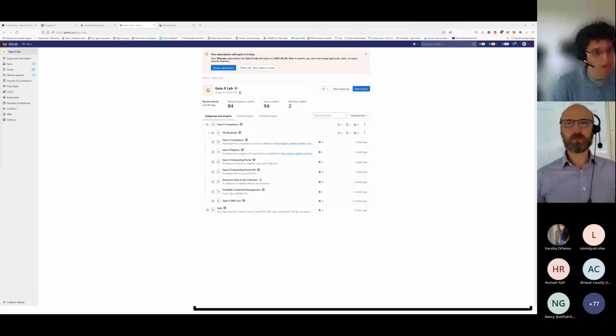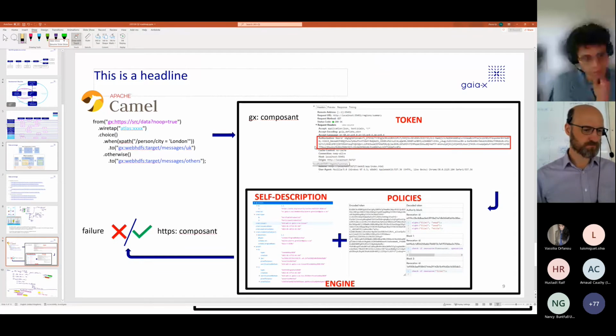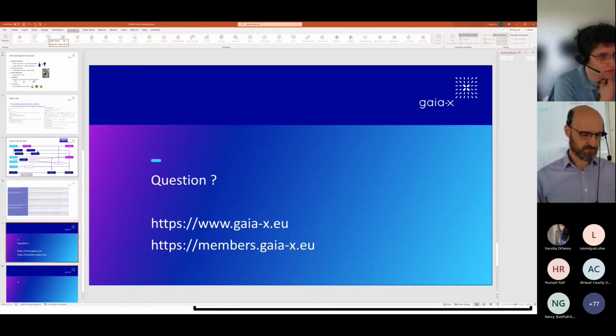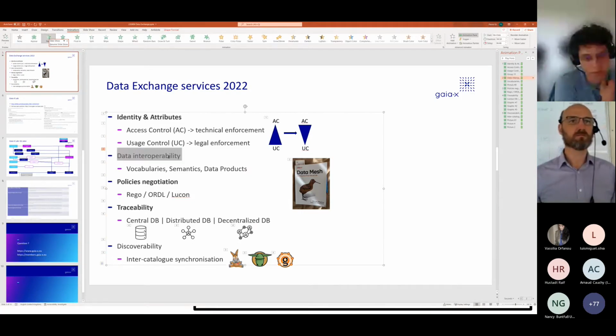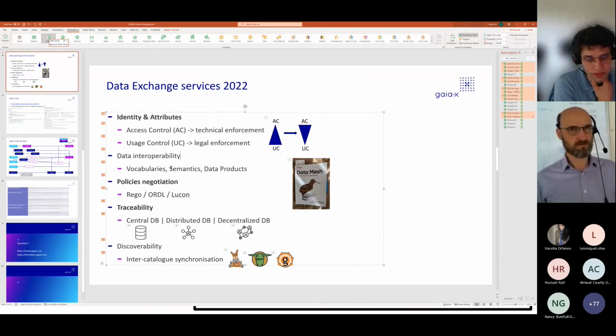Question to Arnaud: do we mean that we are going to define a protocol for data exchange? Not at that point in time. The data exchange protocol part is out of scope for Q2. It is part of the plan, but we won't have time to focus on that so far. This is part of data interoperability and data protocols. The API, the exact way to do that, is out of scope for now.